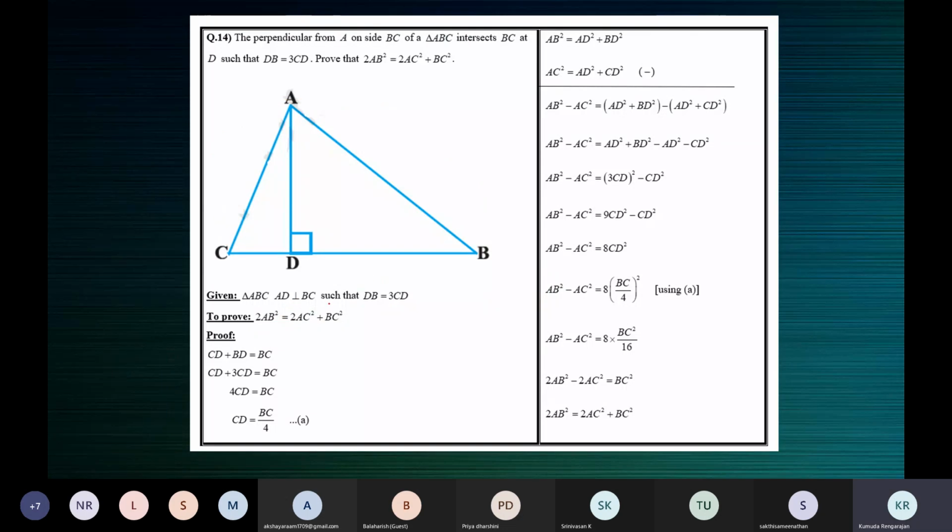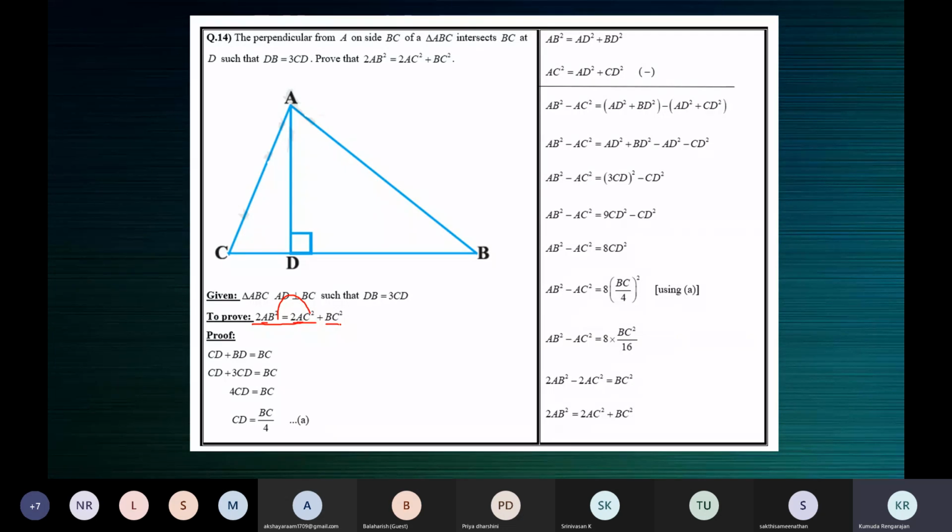So I was telling you, when you take 2AC square to the other side, it reads like 2AB square minus 2AC square is equal to BC square. So we have 2AB square minus 2AC square, right? Step 1, we'll find AB square. Step 2, we'll find AC square. And we'll subtract the two results. And you can see that in the final result, we have only these segments AB, AC, and BC.